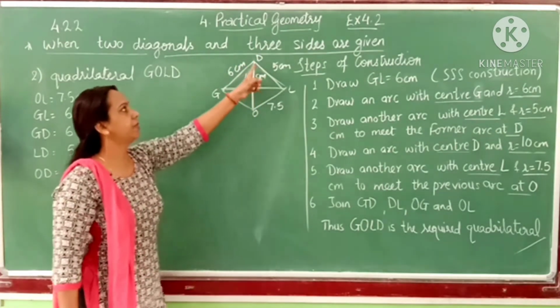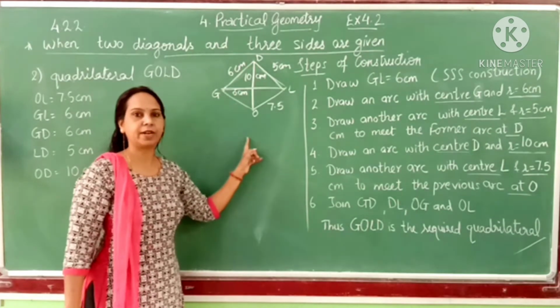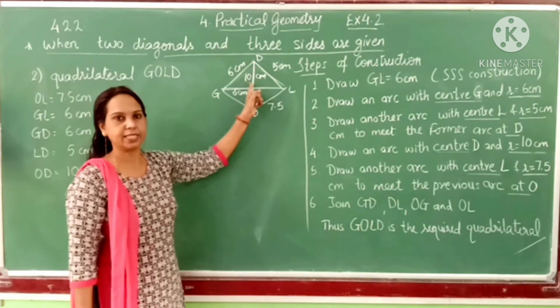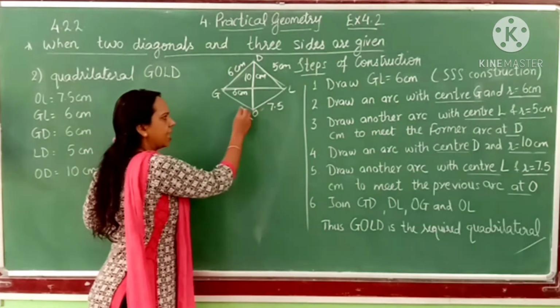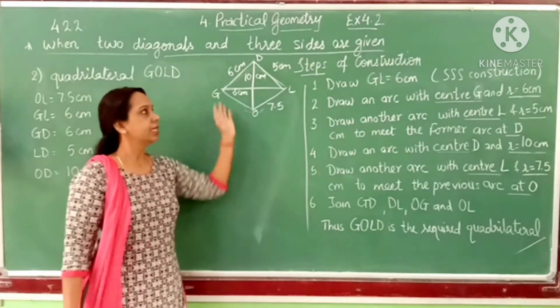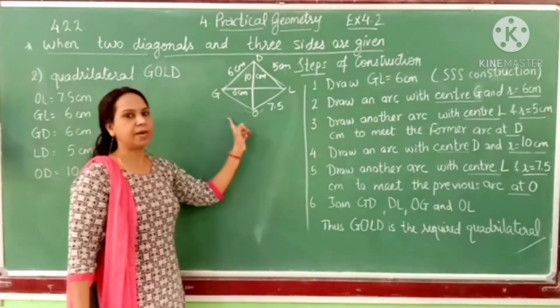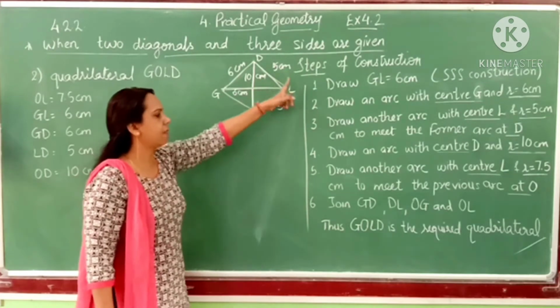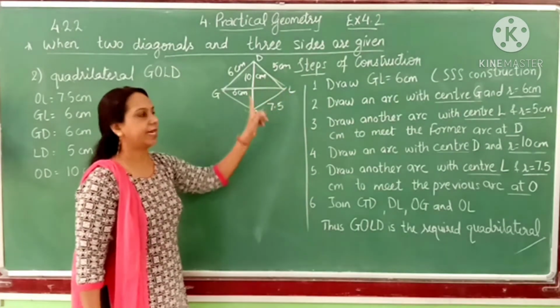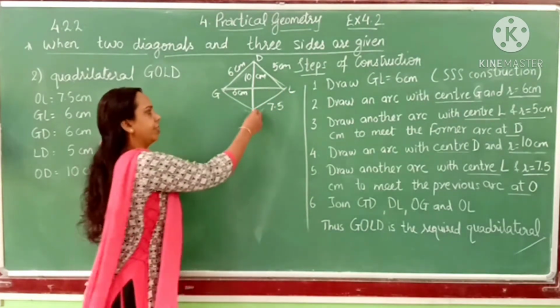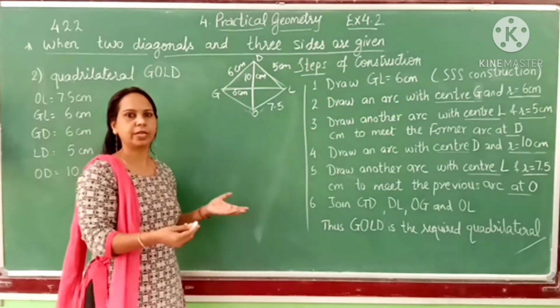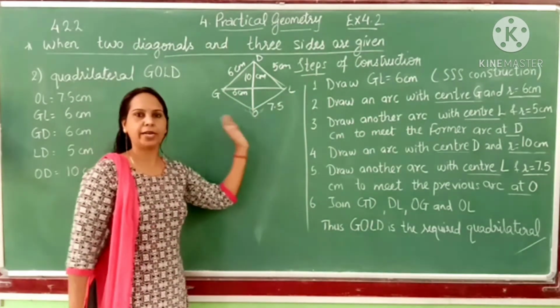ठीक है, तो जब हम D as the center रखेंगे, so what will be our radius then? 10 will be our radius, and somewhere it will lie the arc over here. Okay, 10 centimeter आर्क लिया. उसके बाद हमें नेक्स्ट स्टेप क्या करना है, L हमें सेंटर लेना है with the radius 7.5 centimeter, and again it will meet over here somewhere. Okay. So, and we will mark the point O there.